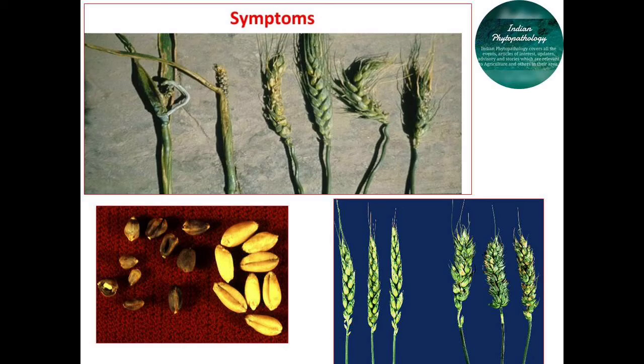Similarly, wheat, barley or oat should not be sown in infested soil. There is the presence of primary inoculum of this bacterium and nematode galls, so we have to avoid sowing wheat, barley or oat on the same field. After emergence of this disease, we can also control it by spraying streptocycline. It is an antibiotic which can help to control this Clavibacter disease at a later stage, sprayed at the rate of 1 gram in 10 liters of water.